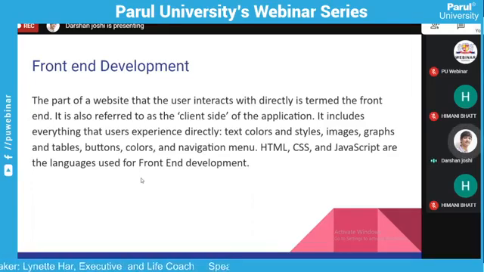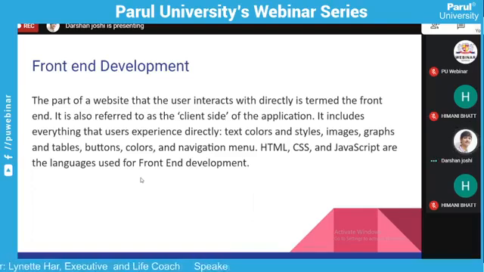The front end is the part of the website that the user interacts with directly. When you open any website, whatever you see is called the front end. It's also referred to as the client side of the application.